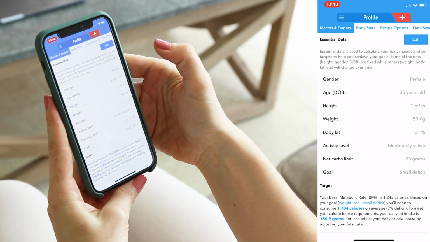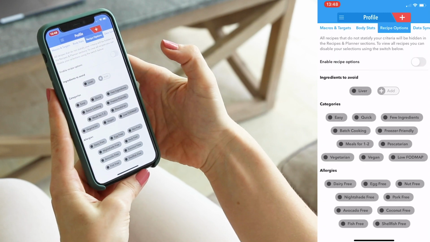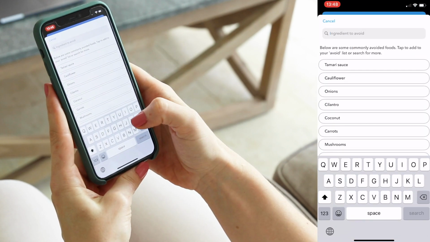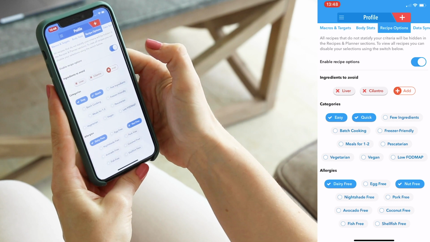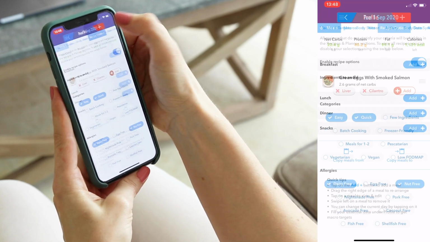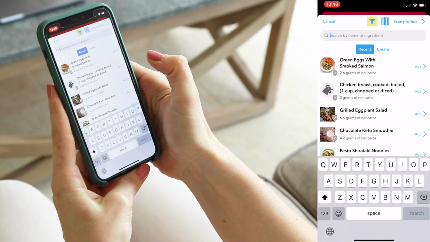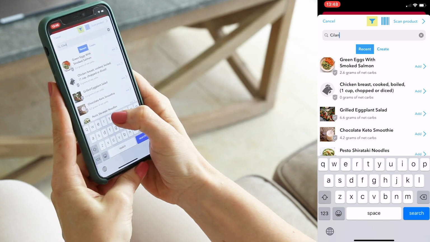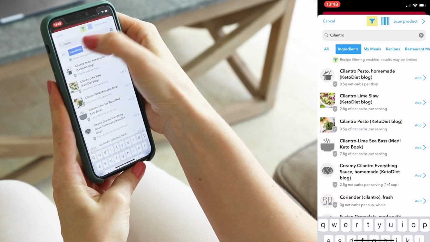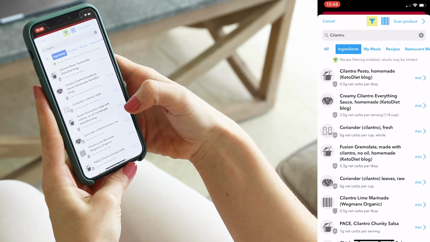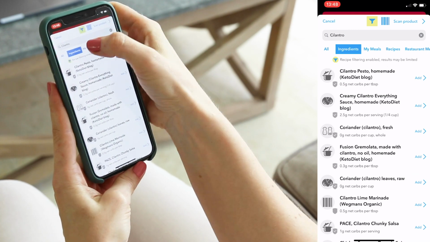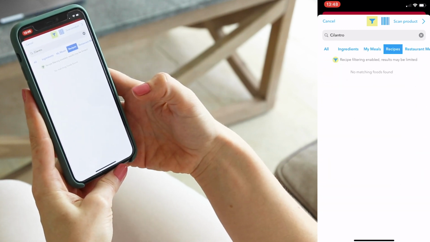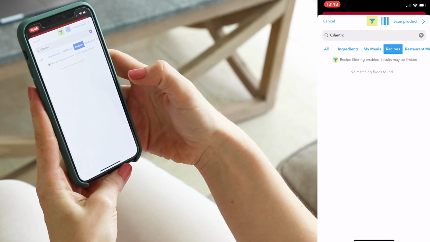So let's go in the profile and tap on recipe options. Now you can see that everything is disabled, so I'm going to quickly enable it, and I'm going to add back my cilantro. Okay, so now we can go to the planner, and if I want to add any meal to a day, I will actually search for cilantro, just to show you how it works here. Now you can see that cilantro still appears in the ingredients sections and the meals, but it's not going to appear in the recipes. So the filtering only applies to the recipes,